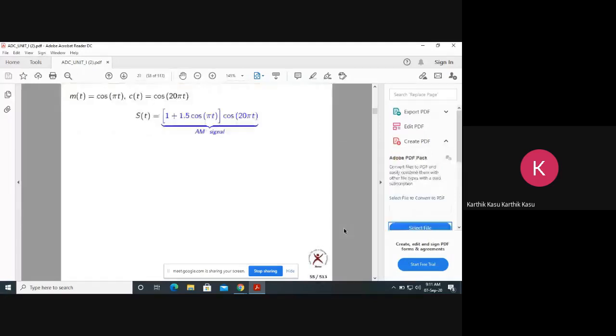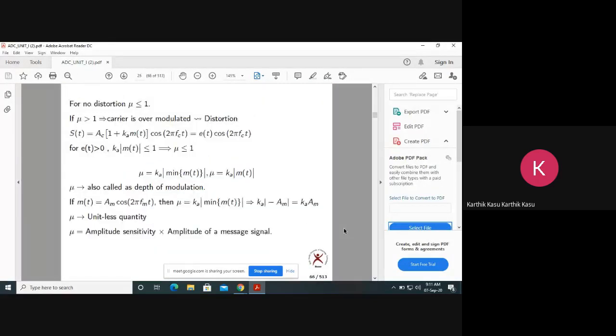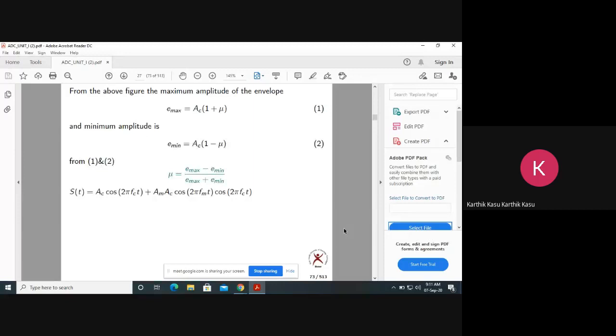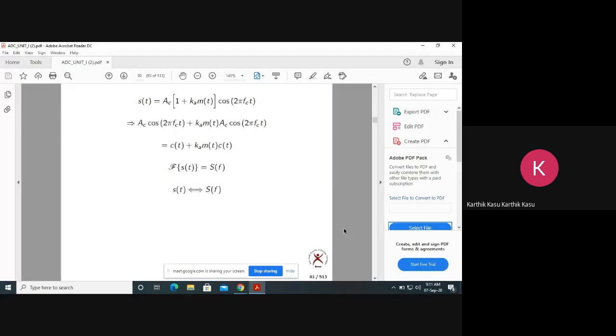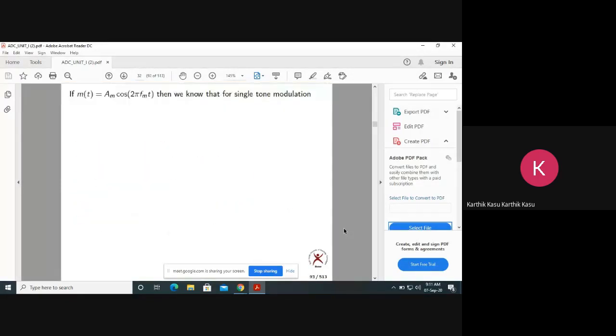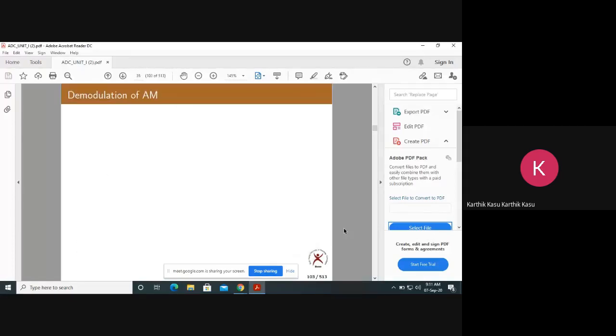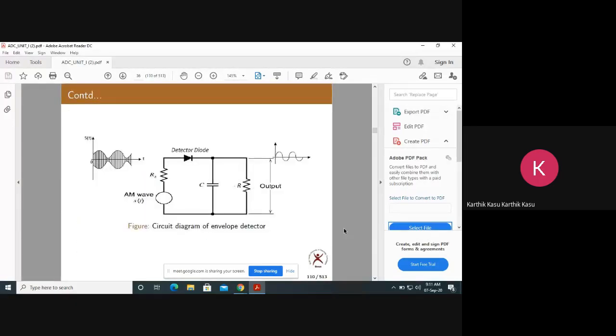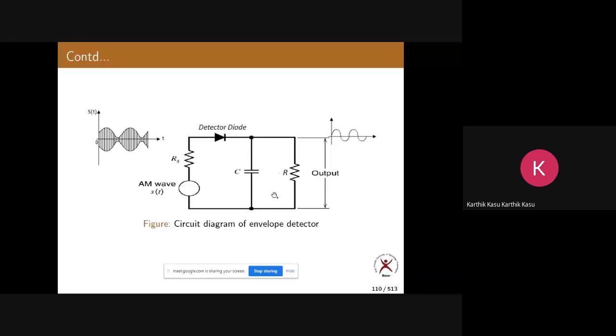Okay, so what happens during negative half cycle? The diode will be reverse biased. If it is reverse biased, obviously it will be open circuited, isn't it? In that scenario, we are left with only R and C. This diode is detached, open circuited, so we don't have any connection with the source. The source is disconnected. We are left with only R and C. Now, what happens? The capacitor starts discharging.